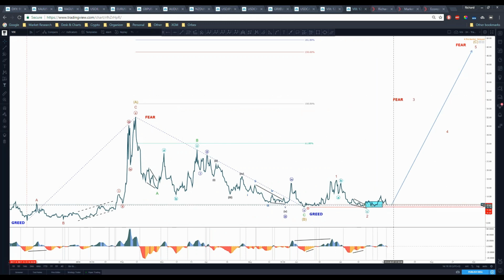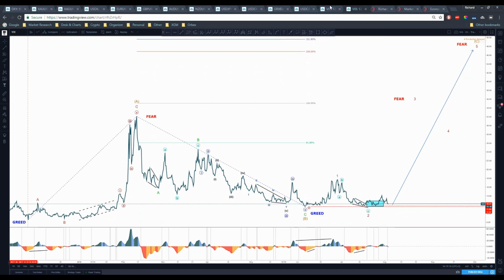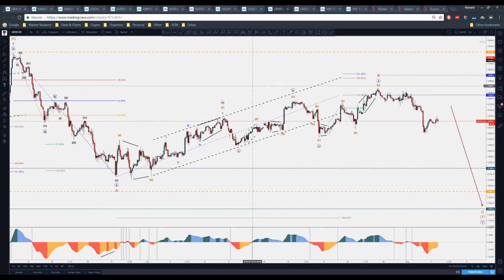I do like to keep an eye on this VIX from time to time. I have some alerts put for it. Yeah, we'll see if this USD CAD manages to break out. Yeah, and the DAX, because the DAX in my view, let's say for instance right now,